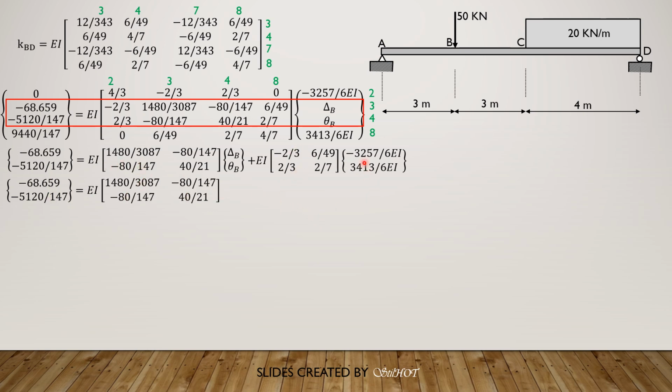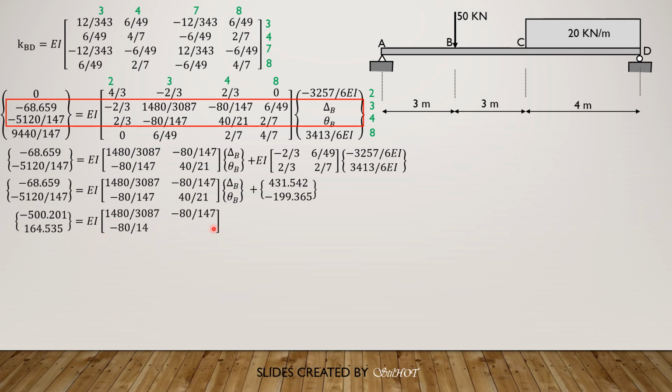The simplified portion is negative 2/3 times negative 3257 over 6 plus 6 over 49 times 3413 over 6, which is 431.542, and 2/3 times negative 3257 over 6 plus 2 over 7 times 3413 over 6 is negative 199.365. So transposing this and combining with these values, we have negative 500.201 and 164.535 equals